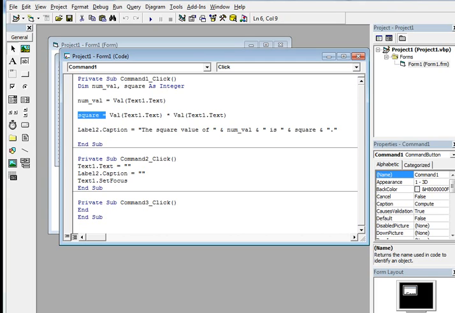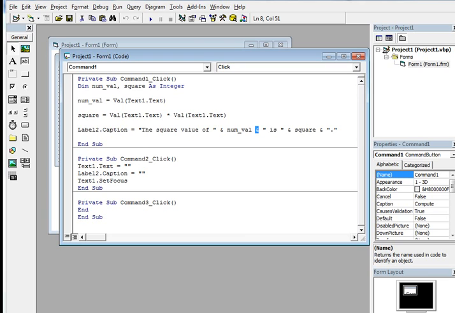The other variable, square, will act as your assignment statement: Val(Text1.Text) multiplied by Val(Text1.Text), so it will multiply by itself. Label2.Caption equals "The square value of " & num_val & " is " & square & "."